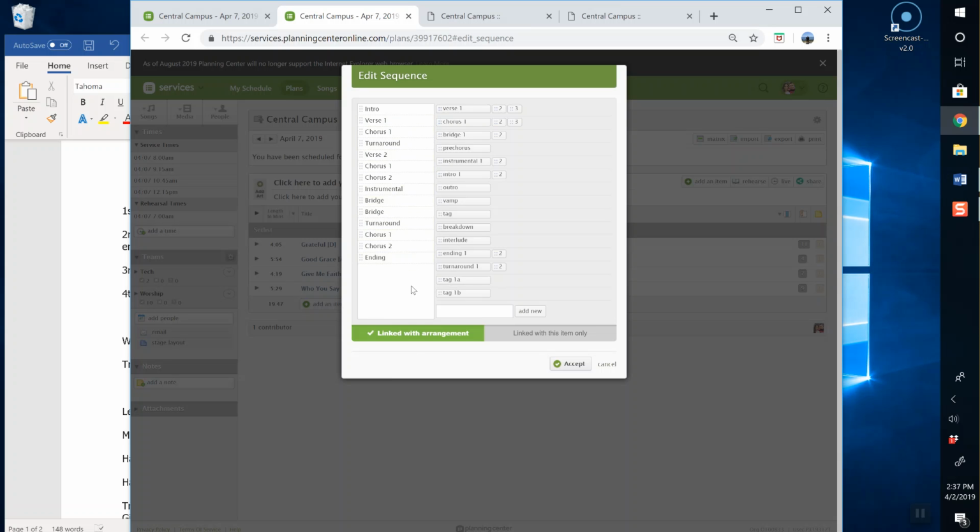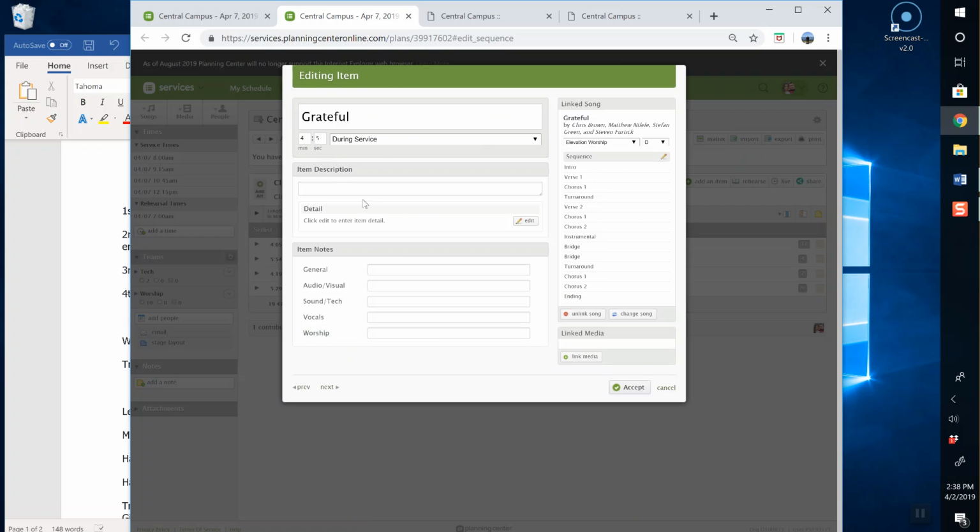And since we all dive into the same songs and use the same songs, if you are going to do a different sequence, please make sure to link it with that specific item only that's in this plan. Now, since I don't need to do any of this, I'm going to press cancel,